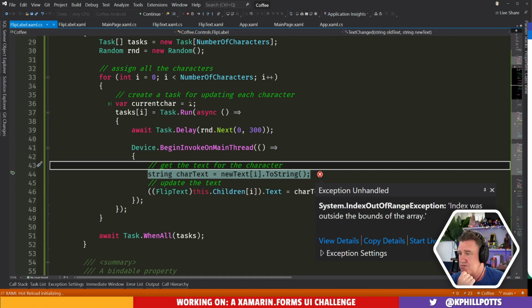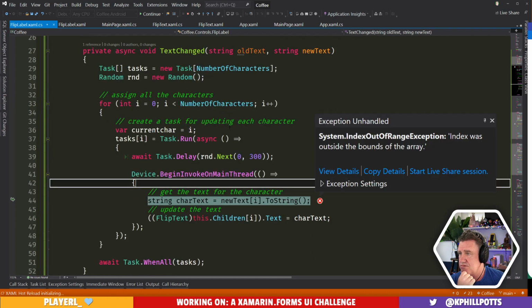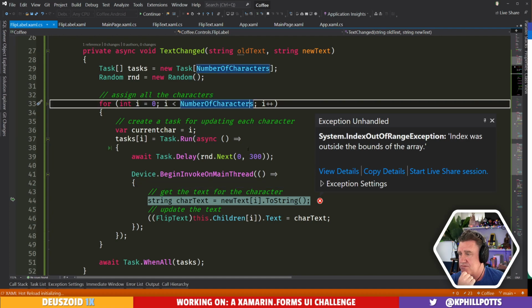One of the two. New text is 45. Oh, maybe we need a number of characters. 2. The new text is that.